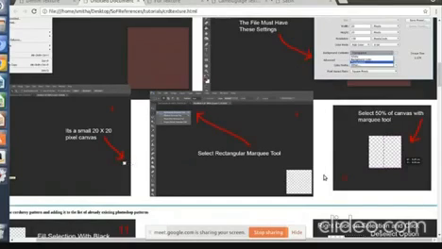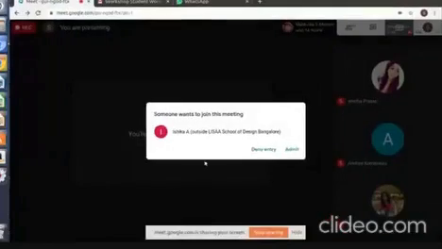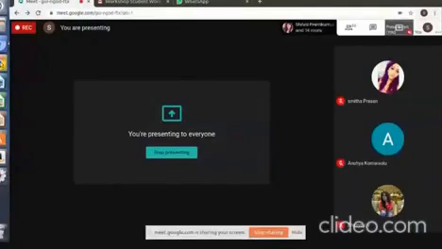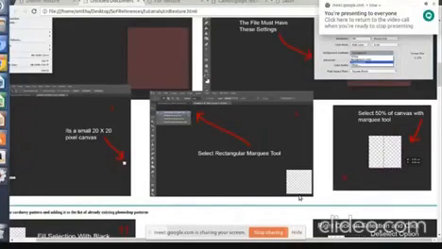So how do you make the screen bigger? Either you can use the zoom tool here. Zoom and pan tool, you'll find it in the toolbox. Here at the bottom, you can see there is the pan tool and the zoom tool. Either you can use that, or you can press Control and the plus symbol on the keyboard.